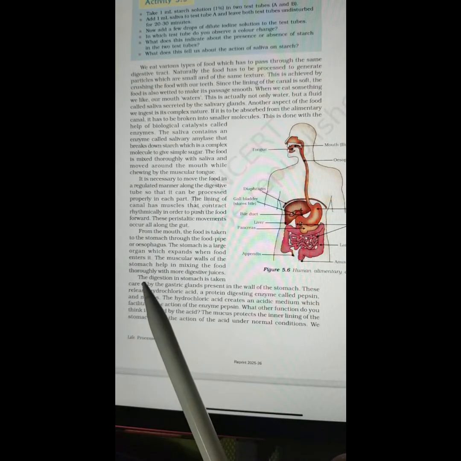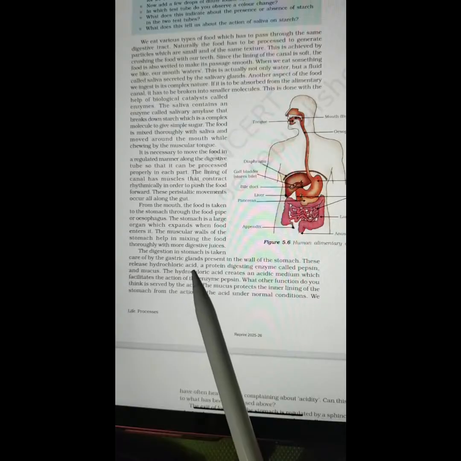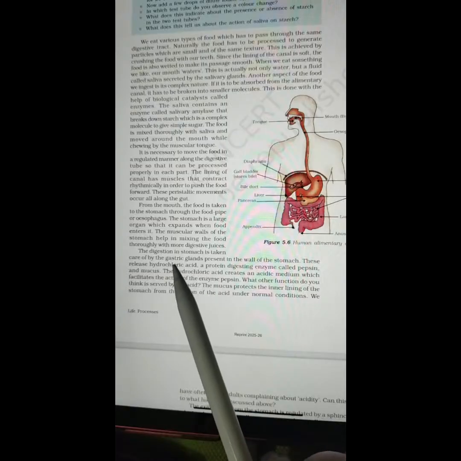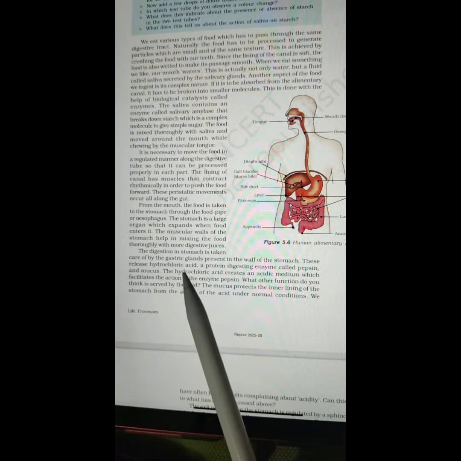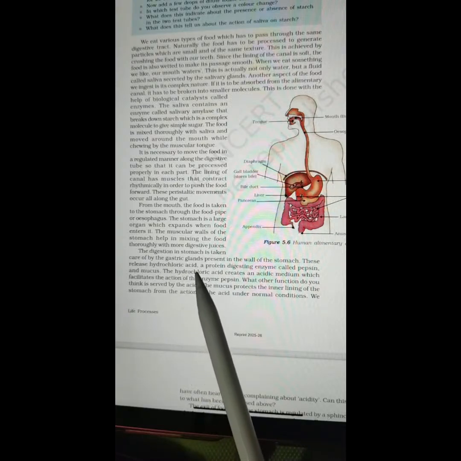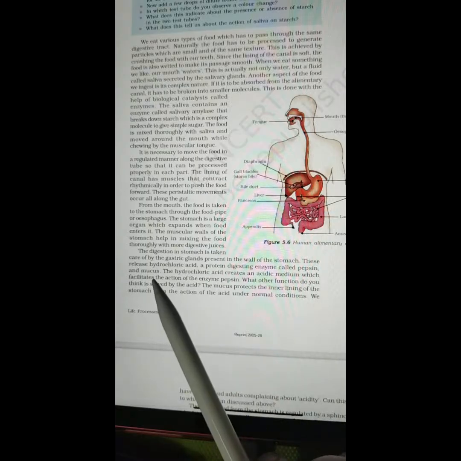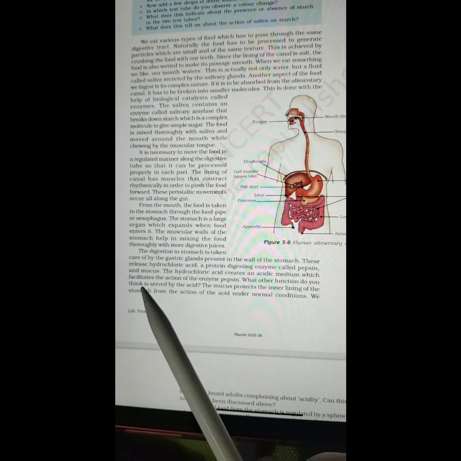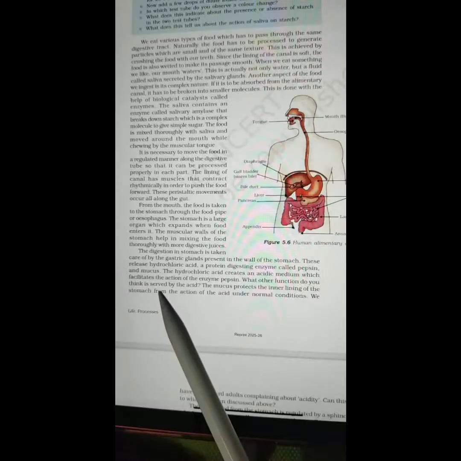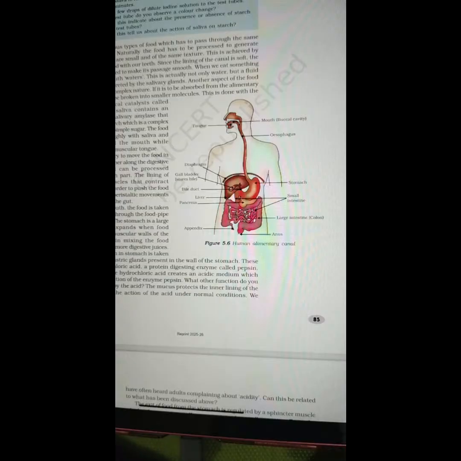Thoroughly, gastric glands, hydrochloric acid, pepsin, mucus, facilitates. In this diagram of human alimentary canal,